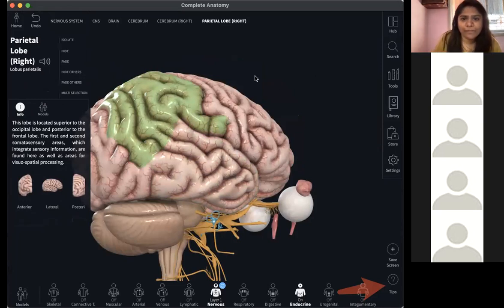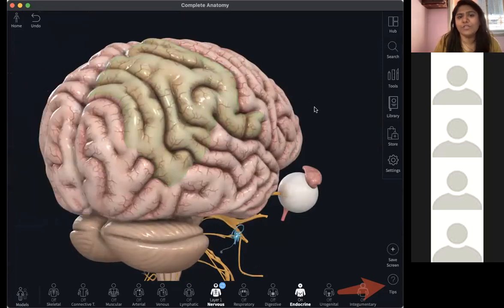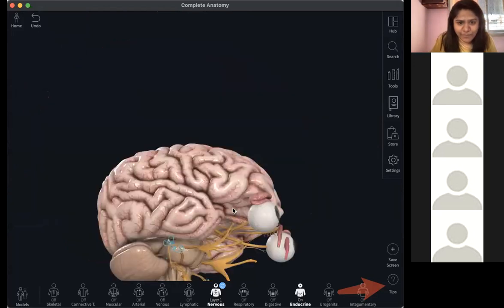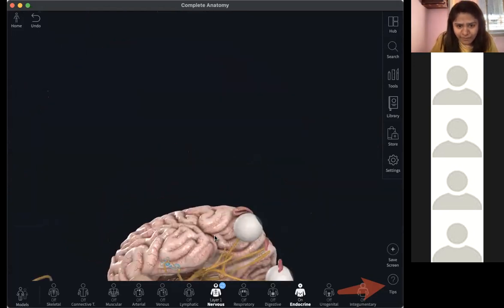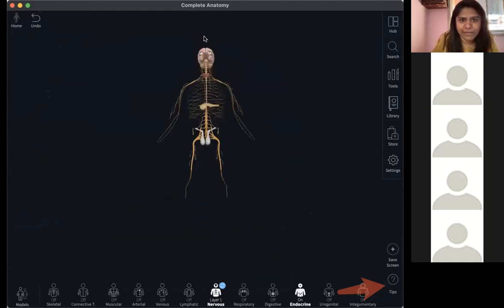Ma'am, what's inside that hollow space? There is an organ called the corpus callosum. That is the butterfly shaped organ that controls the crossing over of your brain. I don't know how I can zoom into this part more clearly. Okay, let us try to do that.